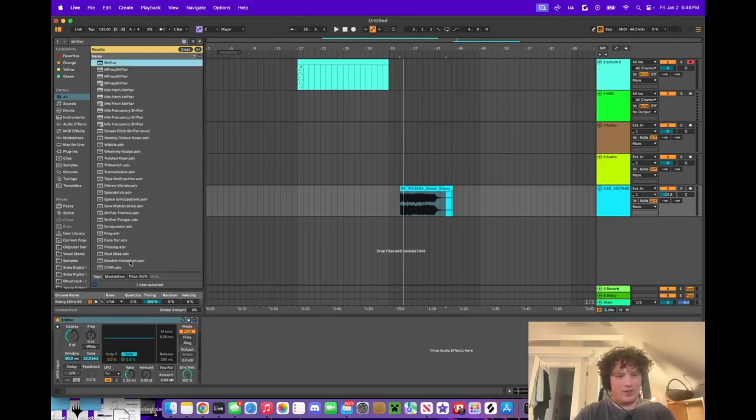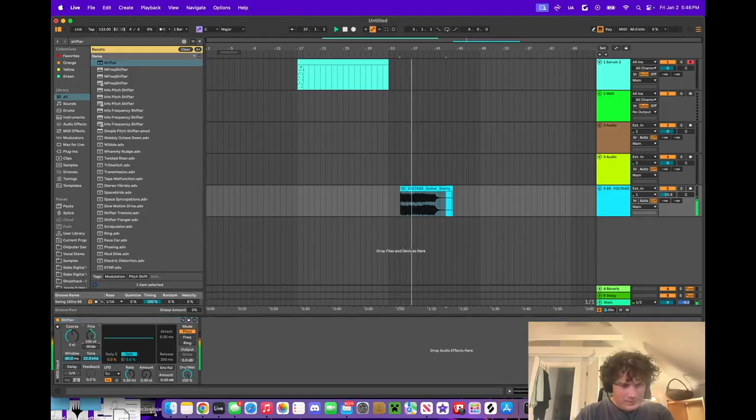Just a shifter. So this is on pitch mode, so this is going to just be a pitch shifter, but if you go to frequency mode,